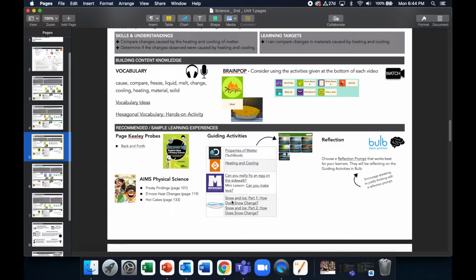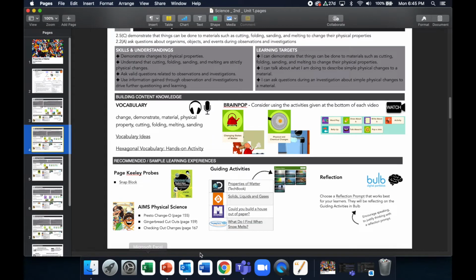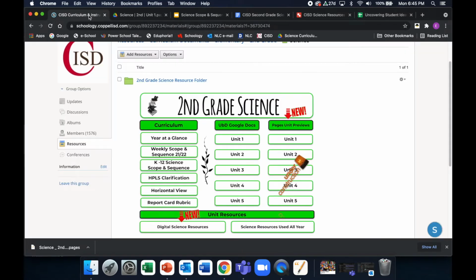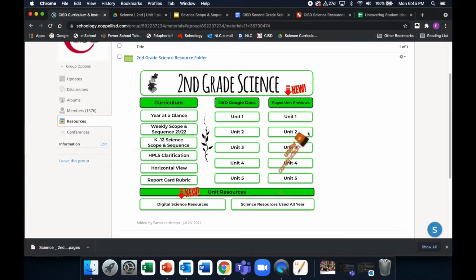So between this, the week by week scope and sequence, the digital landing page that I showed you, hopefully you will find that getting yourself together in terms of what you want to do for the week should be a lot easier. So we are developing those pages,